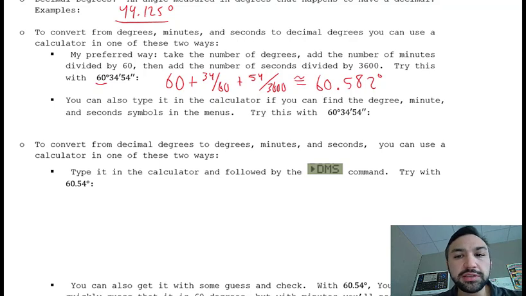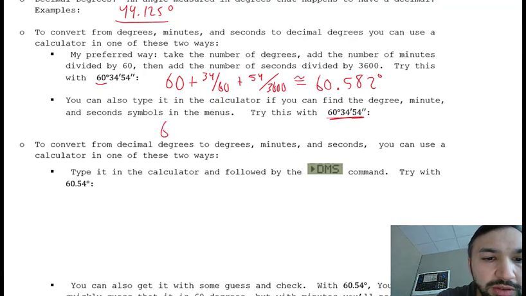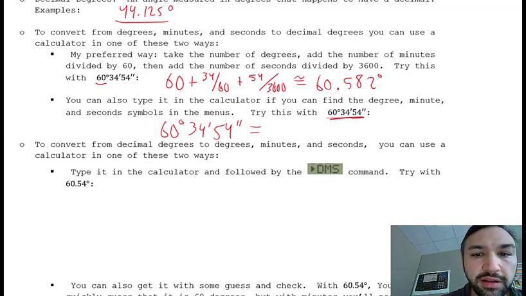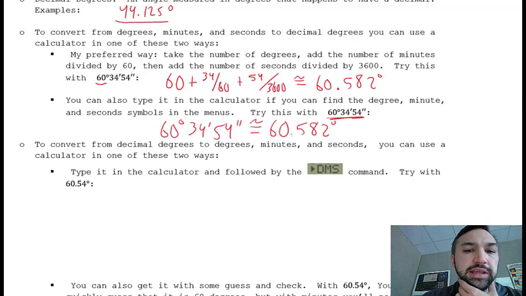Alright, you can also type it in the calculator, and I'm not as big a fan of this because you have to know where to find the degree symbol and the minute symbol. But if you want to, you can search through your calculator to find the degree symbol, type in 34, find the minute symbol, and then find the second symbol, hit enter, and it will show you the same decimal that I got before. The only reason I'm not a fan of that is either you have to memorize something, like where those functions are in the calculator,